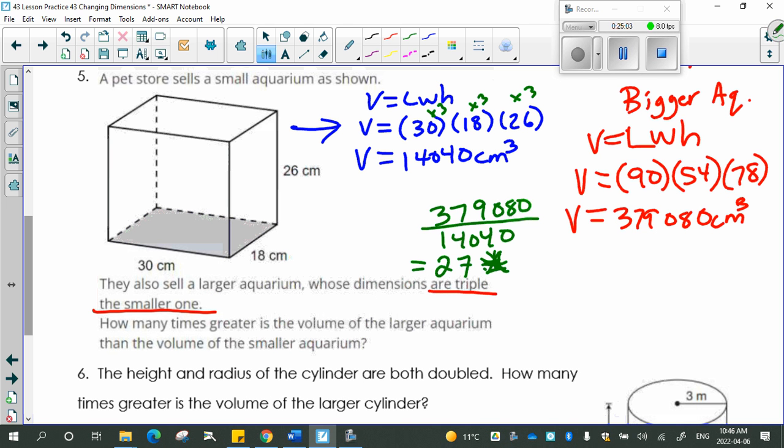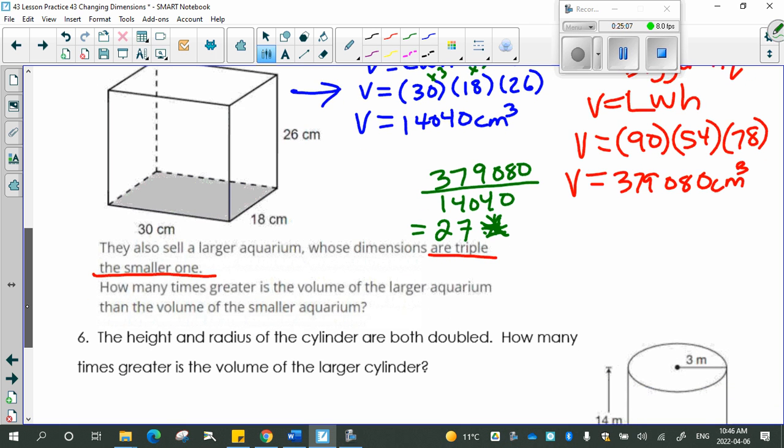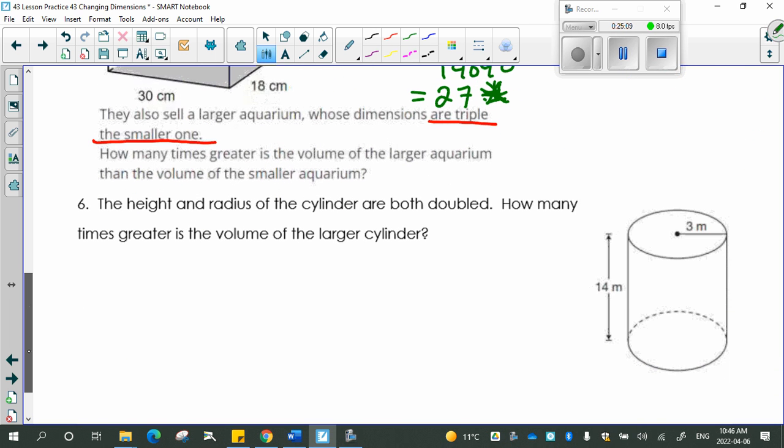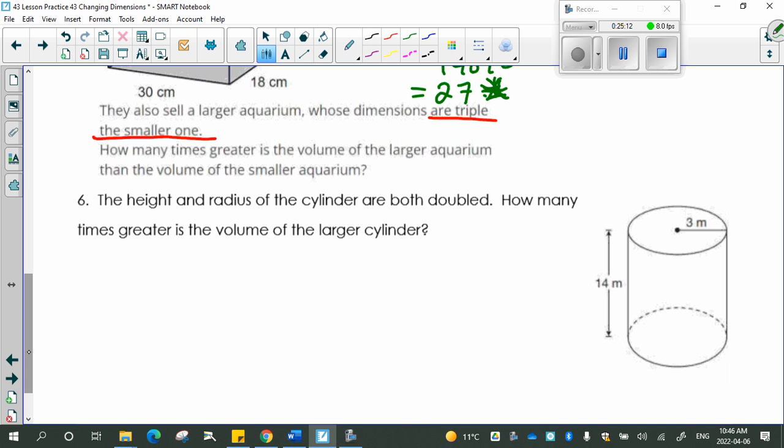All right, our last question of our second last lesson. The height and radius of the cylinder are both doubled. How many times greater is the volume of the larger cylinder? So it would be equals pi